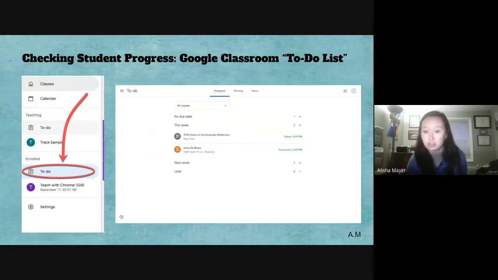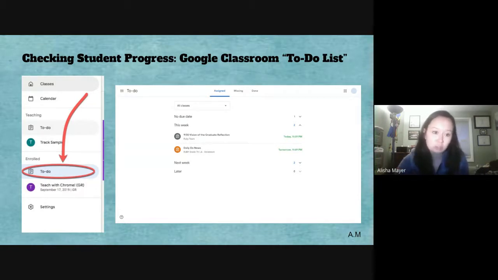So the very first screen you'll see is all the assignments that are due during the week. So things that are posted for homework or things that were done in class, you'll see in this screen under this week. They even have the capability to see if something was posted and it's actually due the following week, or even later in the future if a teacher has posted something that far out.